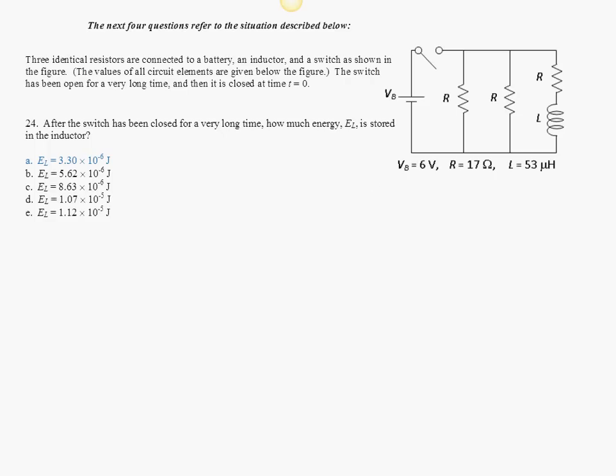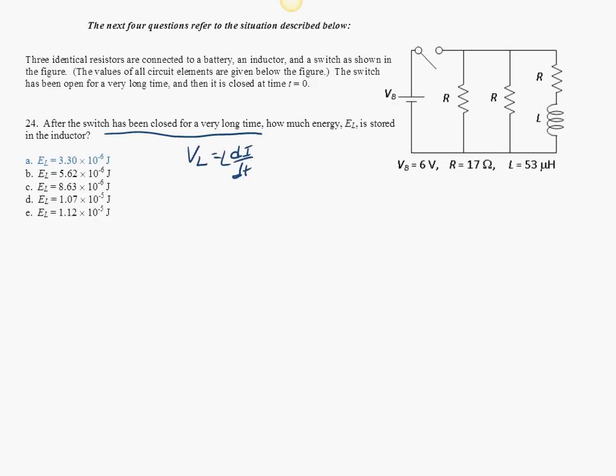Next, we're asked about what happens to the circuit after the switch has been closed for a very long time. Remember, when we say a very long time here, what we mean is that essentially things have come to equilibrium. That is, the current is no longer changing. And since the voltage across the inductor is equal to L times di/dt, if the current is no longer